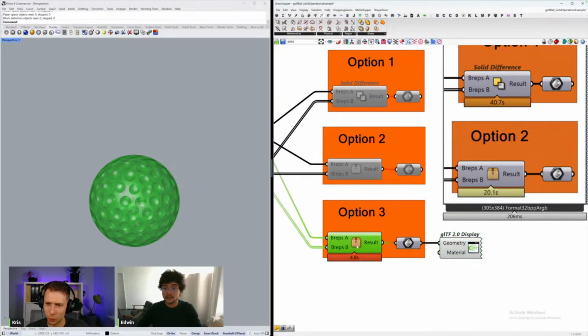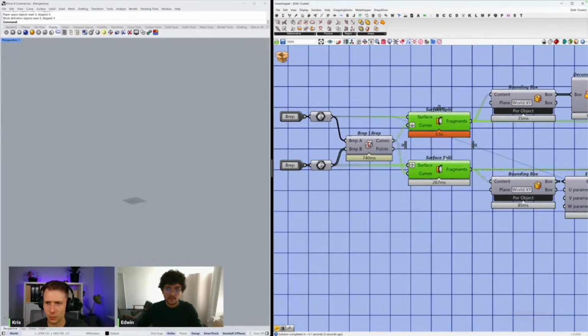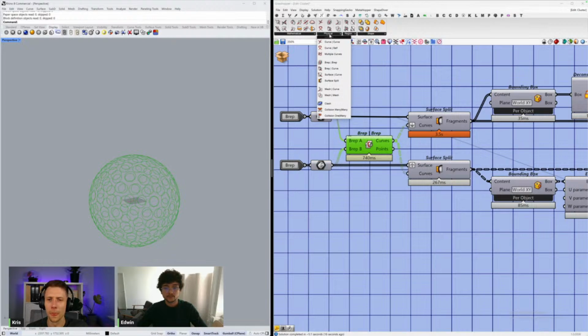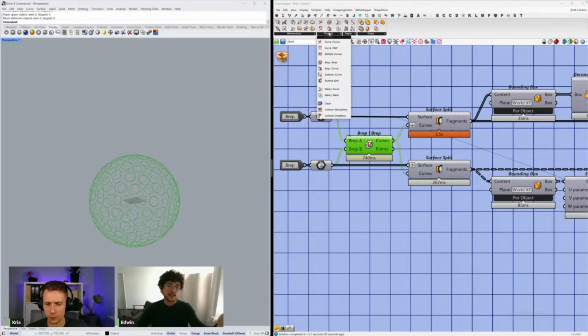Let's see what we are doing there. And what is inside? How do you reduce that by 10 times? Let's see. Here I'm using the same surface split component. I take my big sphere, I have all of my small spheres, and then I use this BRep component, which is in the Physical tab. As you can see, all of the components in the Physical tab are way faster. Before I was using the split one, which still cut my time in half. But when I go into the Physical tab, it uses other methods that are way faster to compute.